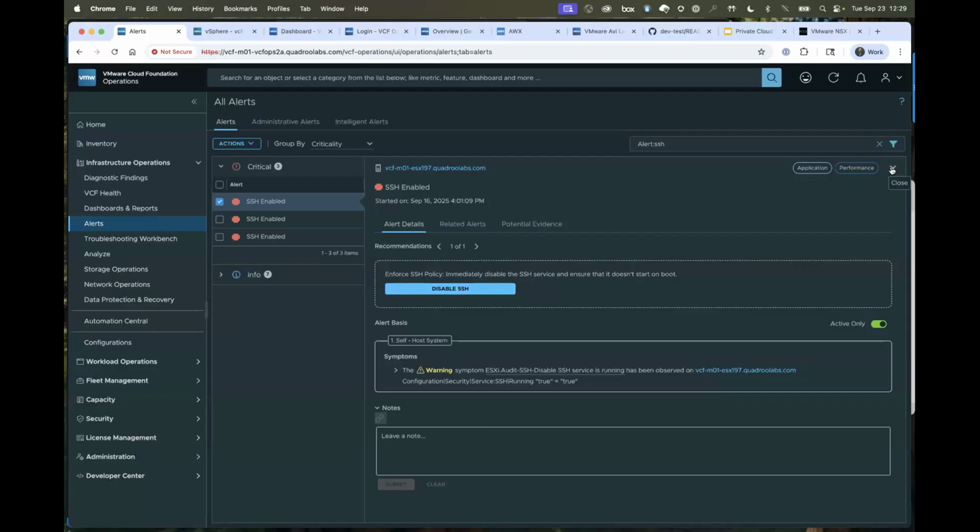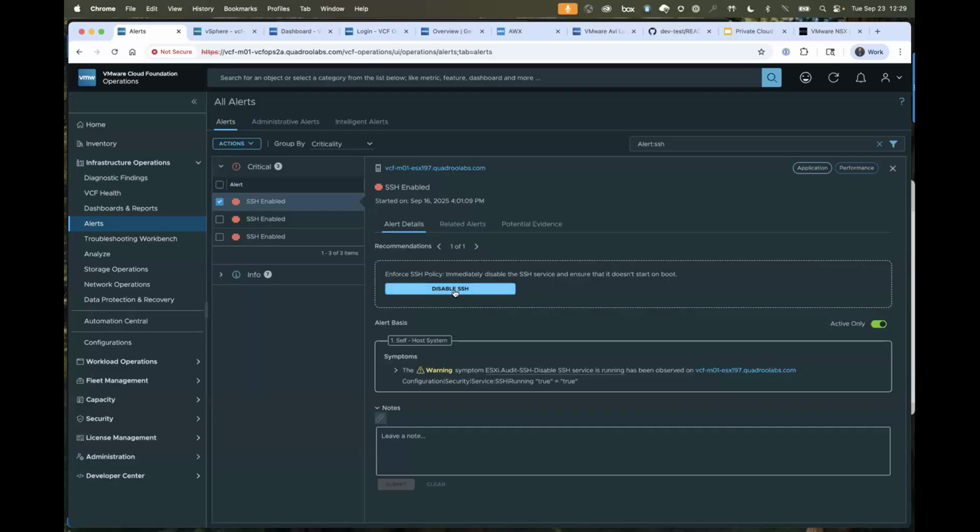And Christopher, we did this manually. However, the customer in this case said, "Hey, just tell me when SSH is enabled. I just want to know about it. However, if it's enabled for 60 minutes, shut it down automatically. Somebody left it open by accident. We need to go ahead and shut it down."